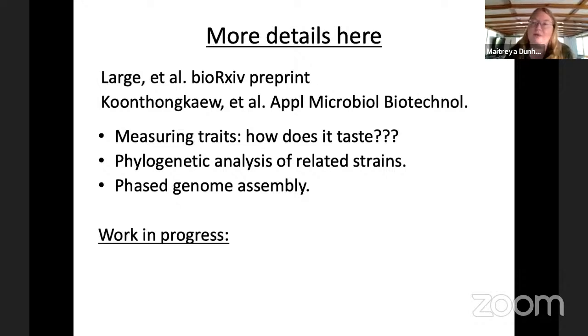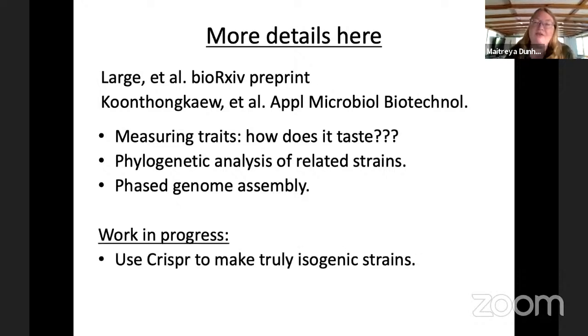We're also doing some other things. Even though I focused on the reproducible mutations that we see, there are other mutations in some of these clones that make the comparison of phenotypes not truly isogenic, right? If we have the recombination plus a few point mutations, it's hard to tell what's what. So we're now using CRISPR to make these recombination events and also point mutations, to reconstruct truly isogenic strain pairs that we can use for better comparisons.